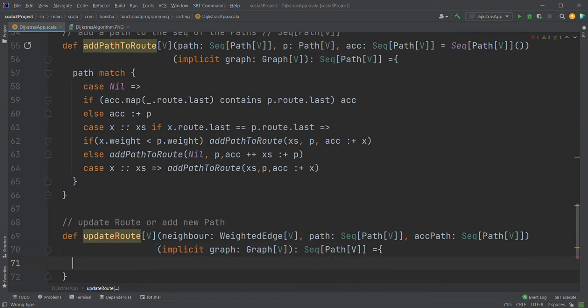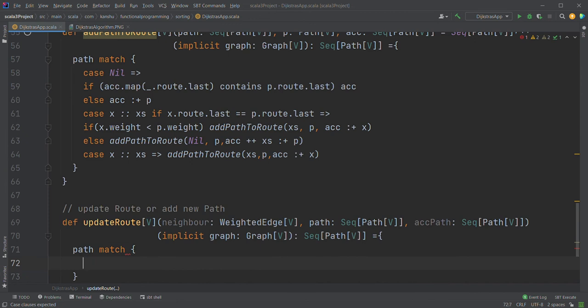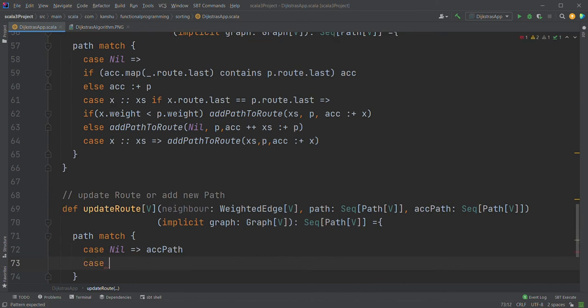So let's implement this. Same thing here, we have a pattern match for path, and we will add each element at a time. So it's going to be case nil. What happens if that neighbor or the entire traversal is done? So it is going to return my accumulated value. If not, then what we are going to do? We are going to do a pattern match, split the head and the rest, and it is going to check if graph.neighbors,